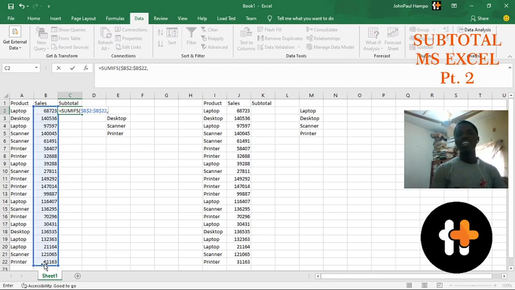So we'll go to the criteria range. The criteria range is the condition where you want to apply it, the change in, like just the subtotal that we